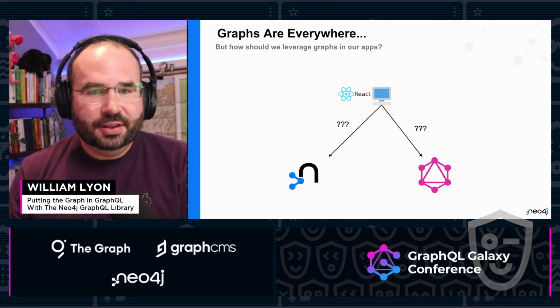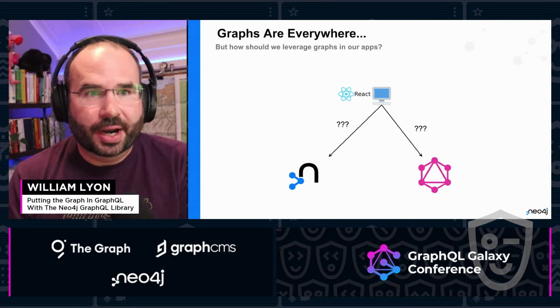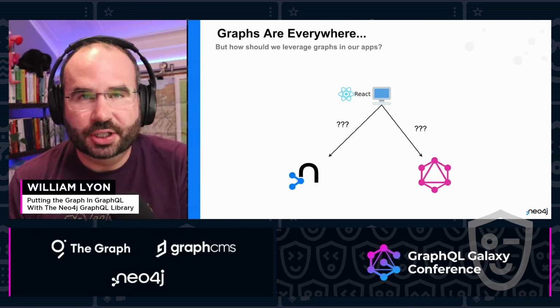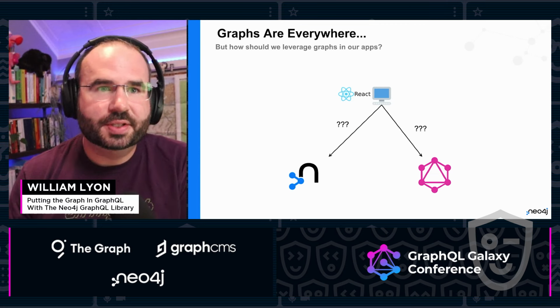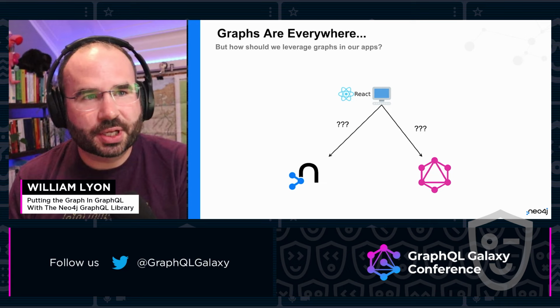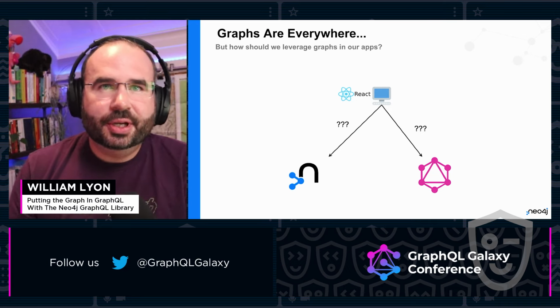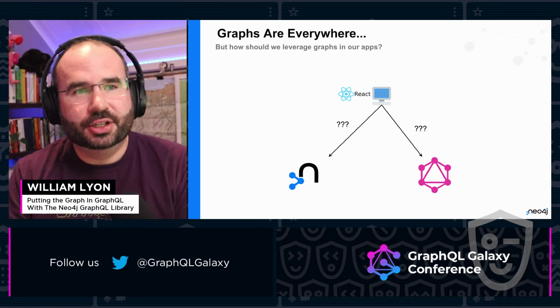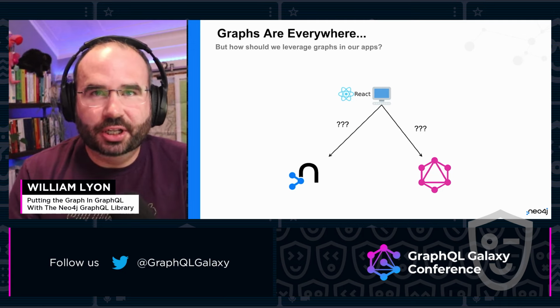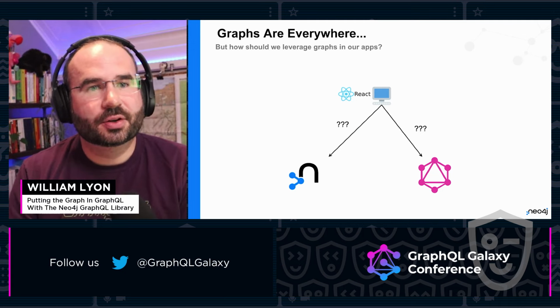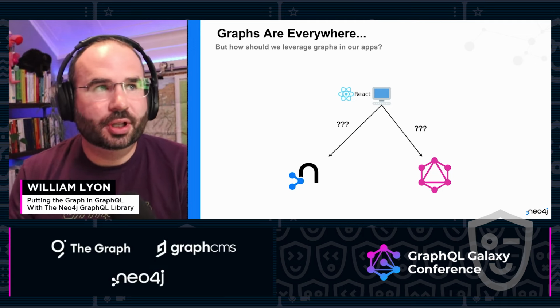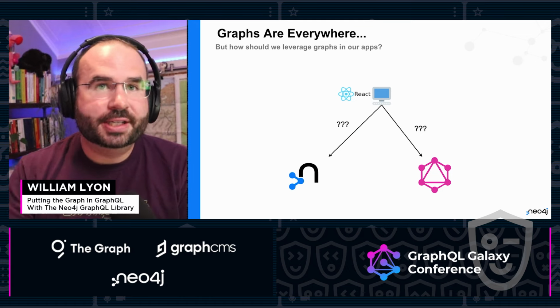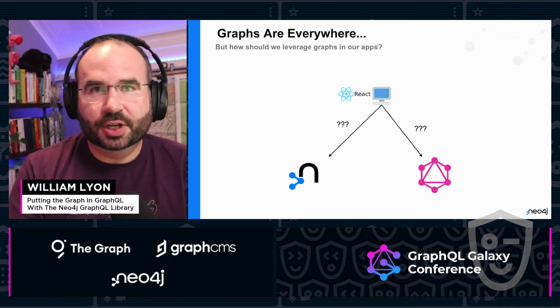So graphs, I think, are really everywhere around us in different technologies. We see it in GraphQL, we see it in graph databases. But I think a question that comes up for developers is knowing when to leverage the right graph technology at the right time. So let's say, for example, we're building a React application that is going to be the front end